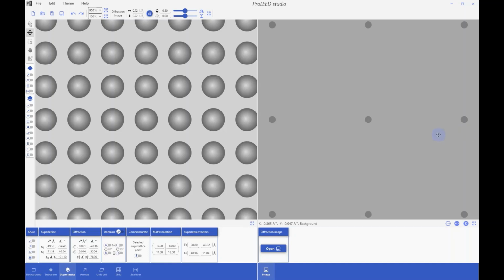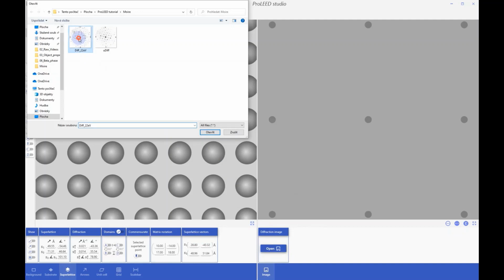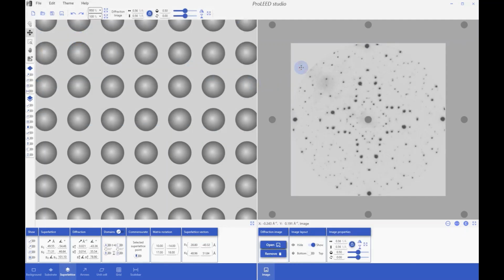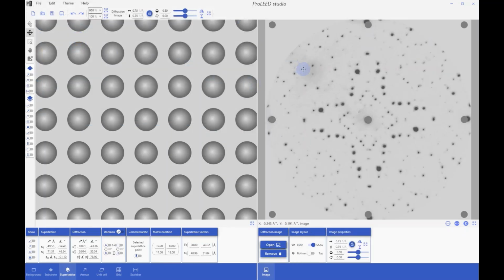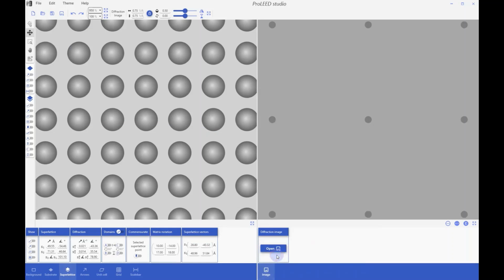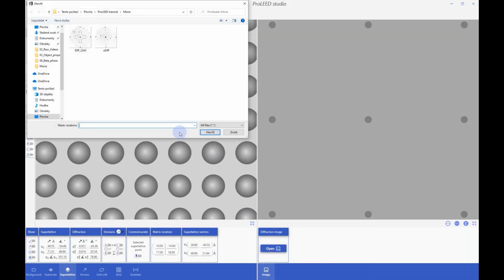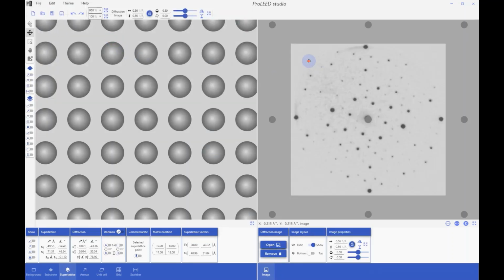In the last example, I don't want to scare you with the complexity of diffraction patterns, but encourage you not to be afraid to model more complicated ones. So here I will try to find the real space periodicity of this diffraction pattern measured again on silver 100 substrate. For now, I will load the micro diffraction image of single domain and update its size to align substrate